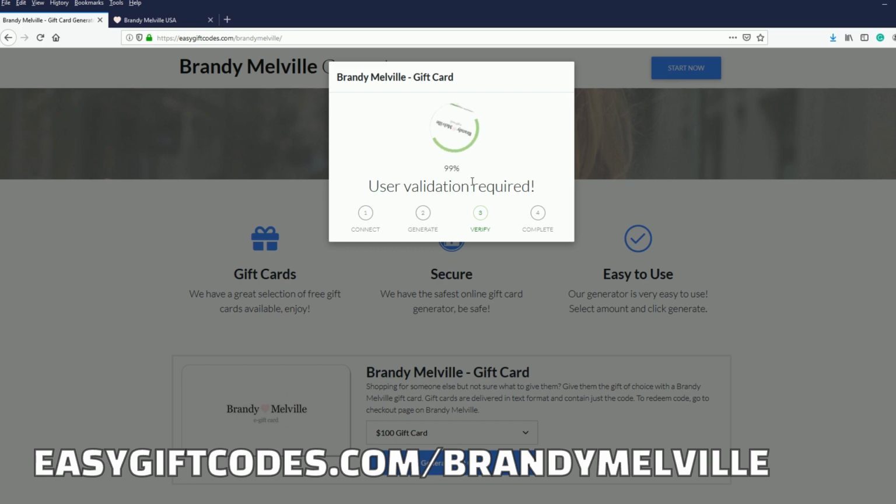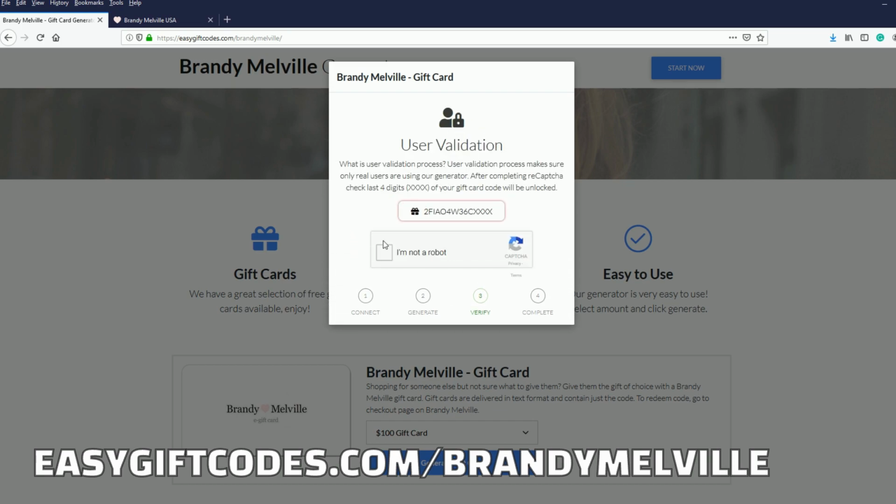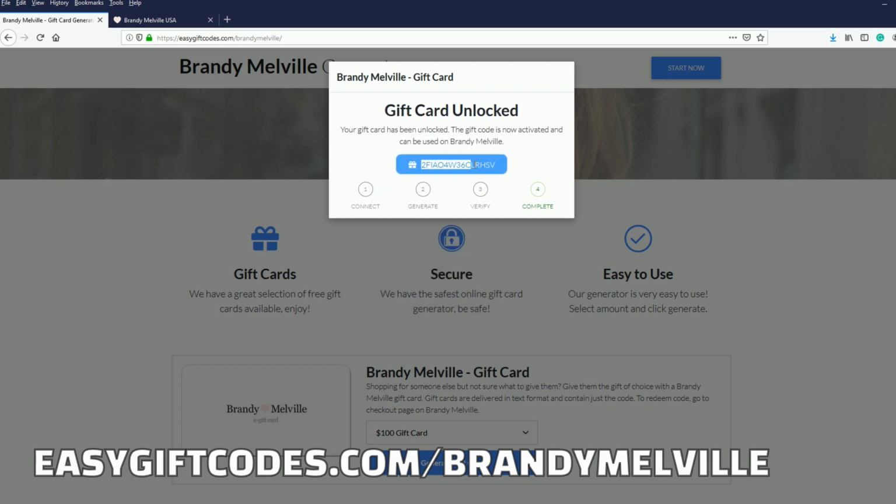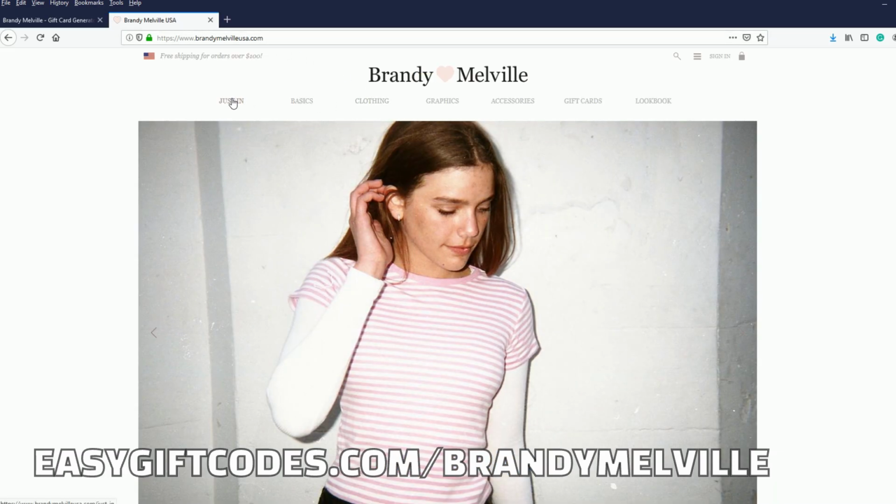Now the user validation will be required. So just click here to complete the user validation, and after you complete the user validation, it will unlock the last four characters of the gift code. So I will just click here, and now I have my code, so I will just copy my code, go to the Brandy Melville, and now